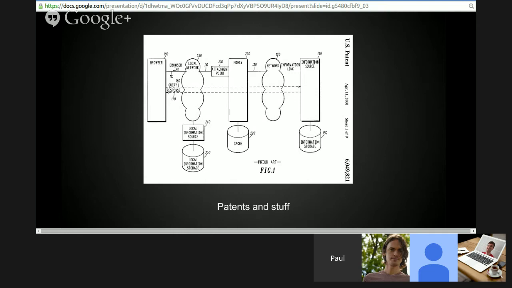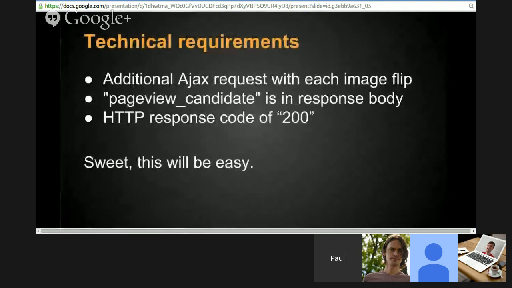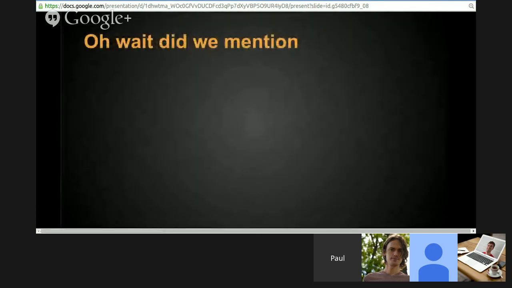So we get the gist from Comscore, and their requirements seem pretty simple. We're going to add an AJAX request with each image flip. That request needs to be answered from the server by a response that just has the string pageview_candidate in its body, and it should be a 200 status code. That is it. That's the entire requirement from Comscore's end as we first understood it. Sounds super easy. This request is just going to be a throwaway. It just has to be made so that that magic string passes through the Comscore proxy so that they see it and record the hit. Easy. Oh, but